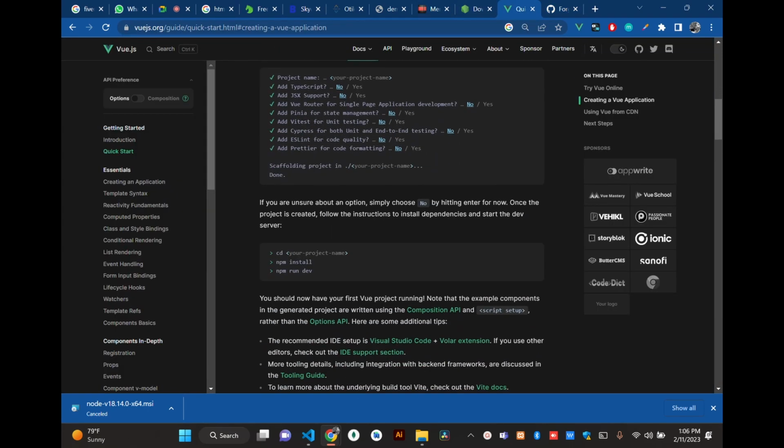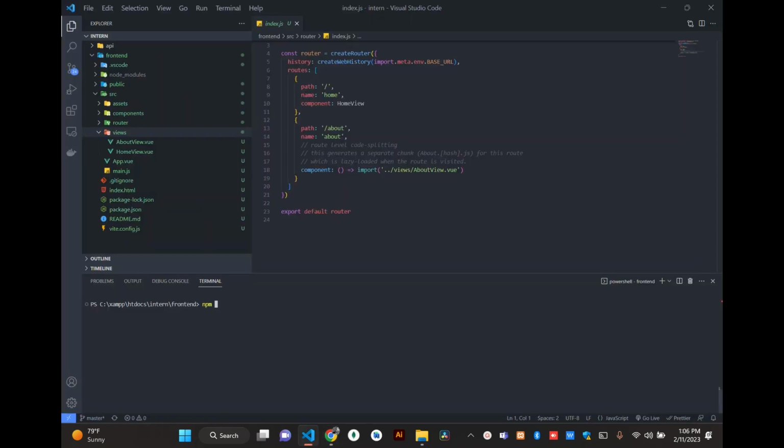So what we are doing is this. We have done npm install, so also you can do npm run dev. So just say npm run dev. Just suppose now, so you see here we have the front end running on this host, press H to help, ready in some milliseconds. But now it has opened this folder in